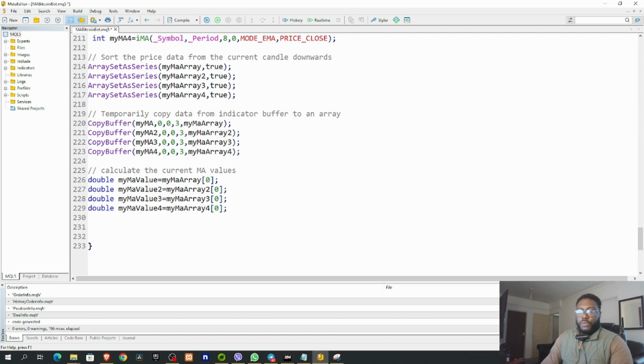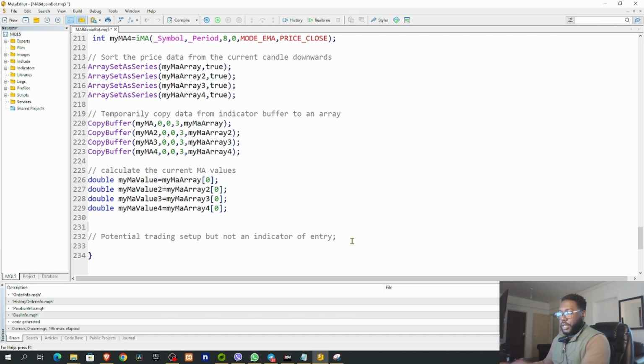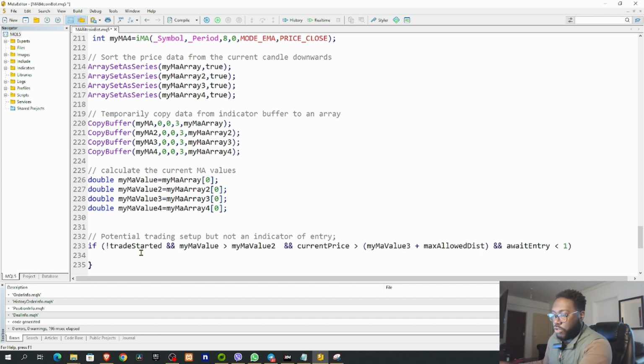So now let's go over the logic for entering a potential trade setup. It's a potential trading setup, but it's not an indicator of entry. It's not an indicator of entry. This is where we want to set the price range. This is going to be the if statement for that. So what we're doing is saying, if our trade has not started and my MA value is greater than